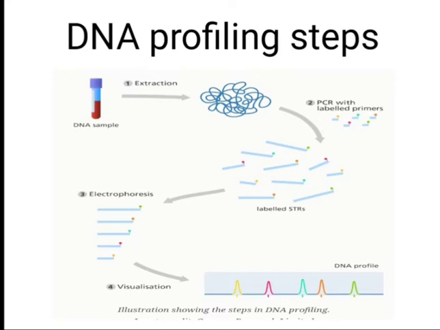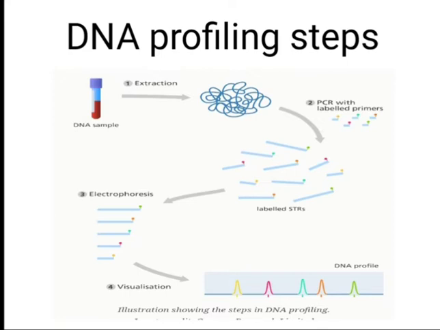This is a DNA thread or strand. This DNA strand can be cut into small strands by using PCR, that is polymerase chain reaction, with labeled primers. This color dot shows the primers. And here in the next step, PCR to STR conversion, after cutting the DNA strands, it will convert into small strands. Then these are labeled with the primers, and this labeled species is known as labeled STRs.